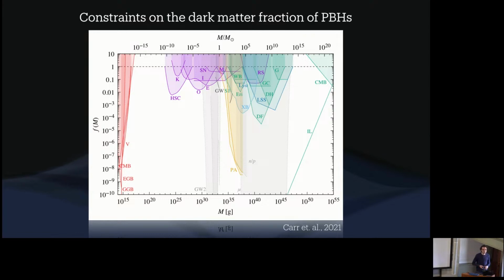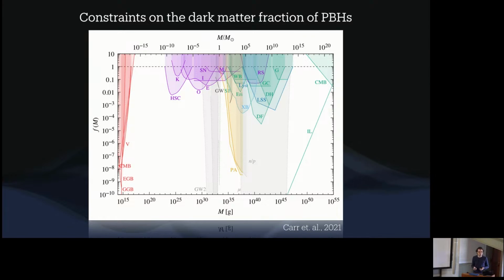Now, phenomenologically, you can put constraints on the fraction of dark matter in these primordial black holes, here as the parameter f. That has been done for a long time, and there are various ways to probe these. Here are, for example, constraints from gravitational lensing, cosmological and dynamical constraints, gravitational wave constraints, and constraints based on Hawking evaporation. So far, the region with the fewest constraints that seems the most promising is this window around here,